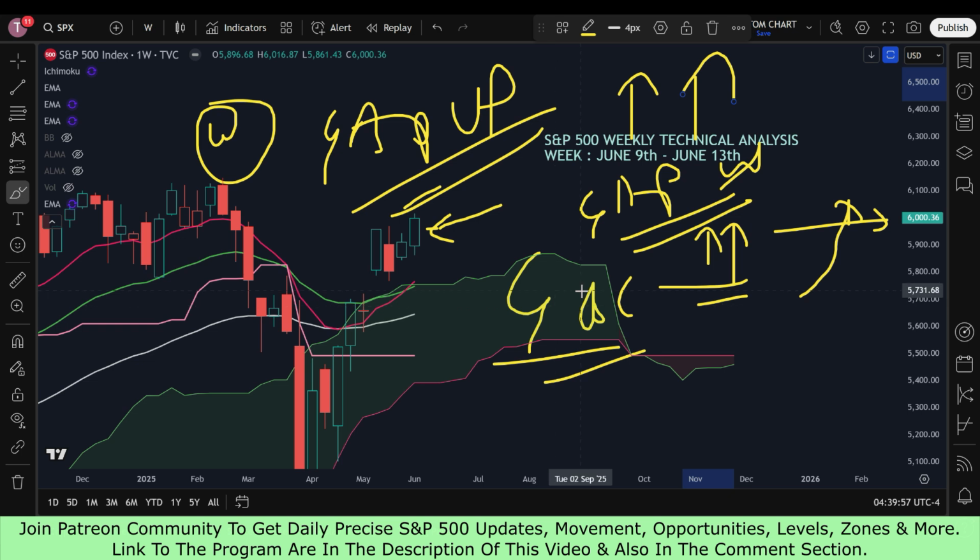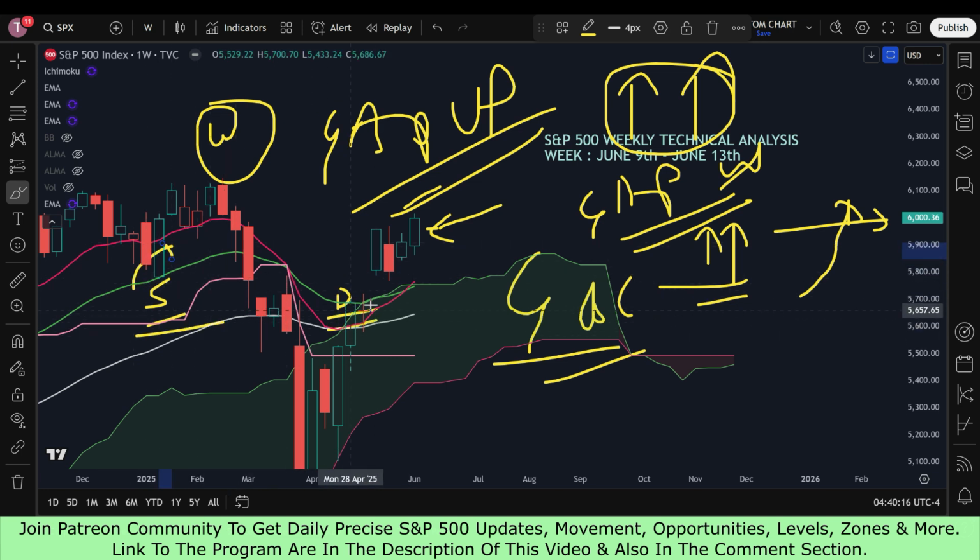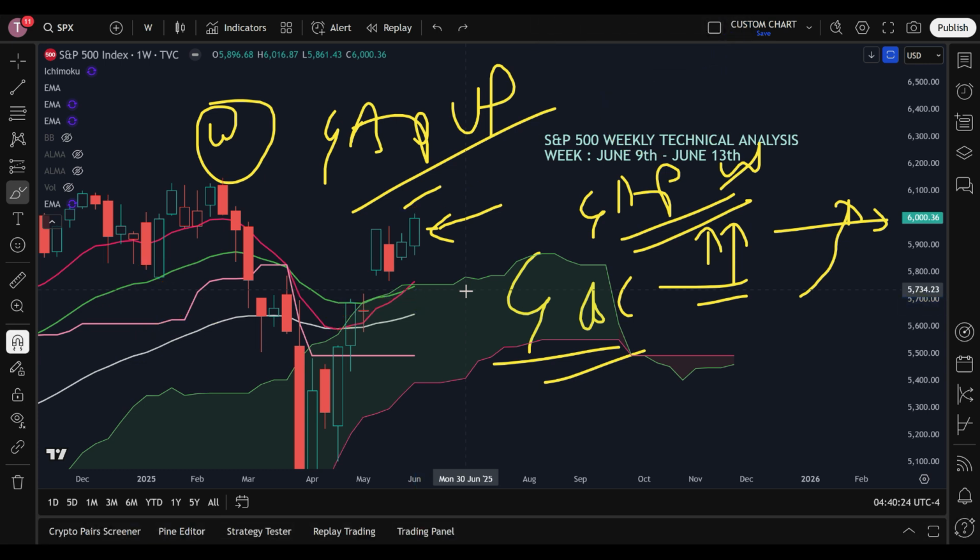Okay. But yes, initial or intraday bullish movement is expected on Monday through the Dow Jones. So considering both of these cases, S&P 500 and the Dow Jones, irrespective of anything, there will be an initial or intraday bullish movement. But in the S&P 500, you need to understand that the structure of the S&P 500 is different from the Dow Jones. Okay, so that is why we can anticipate a gap up in the S&P 500, but Dow Jones is not confirming any gap up. Okay, just the initial or intraday bullish movement, right? So this was through the candle.